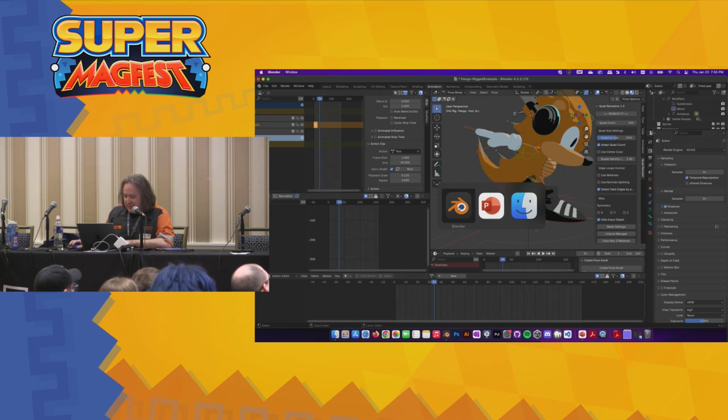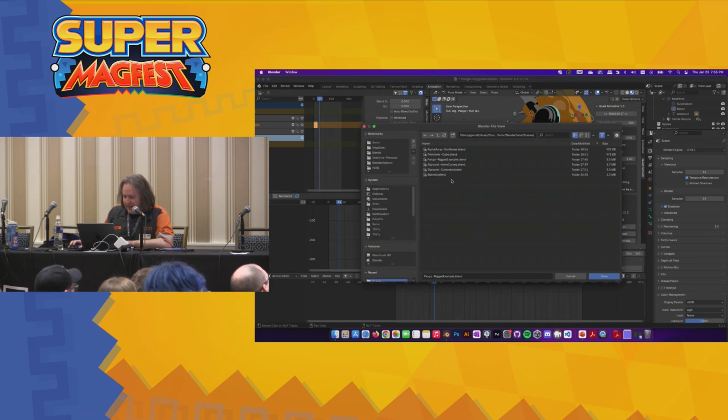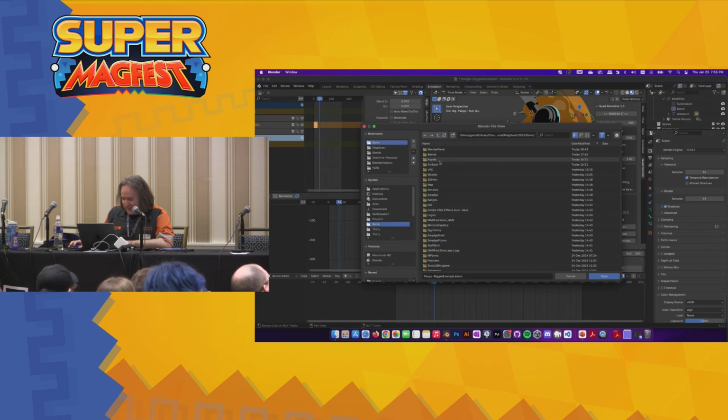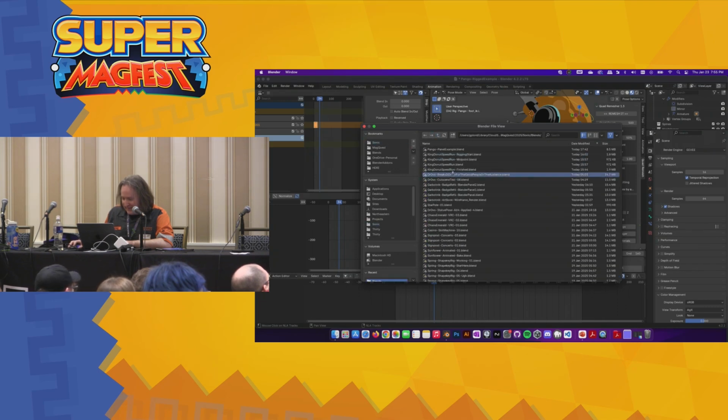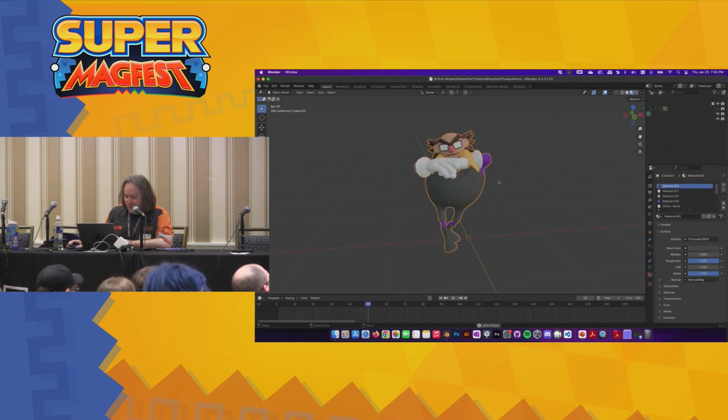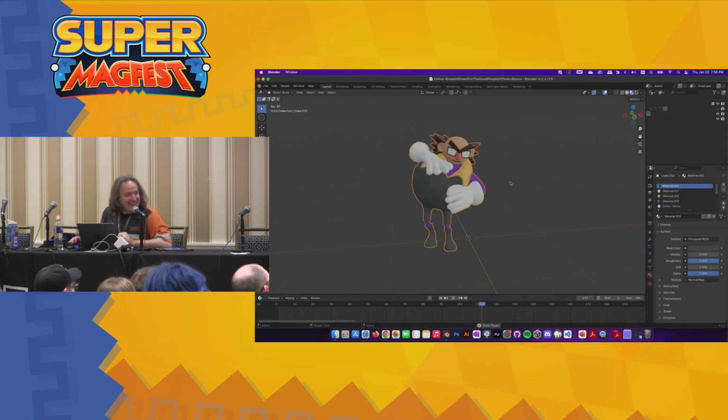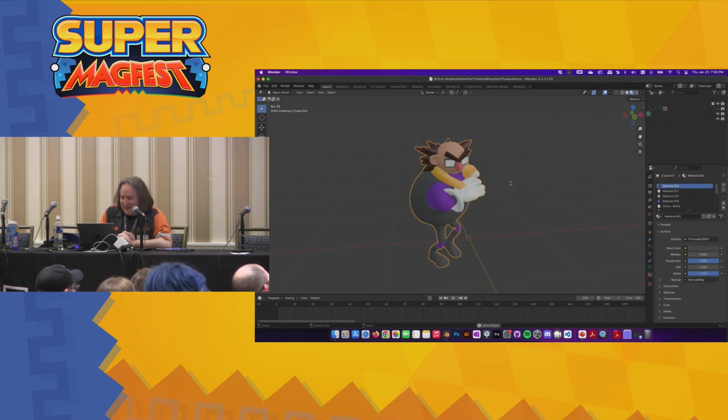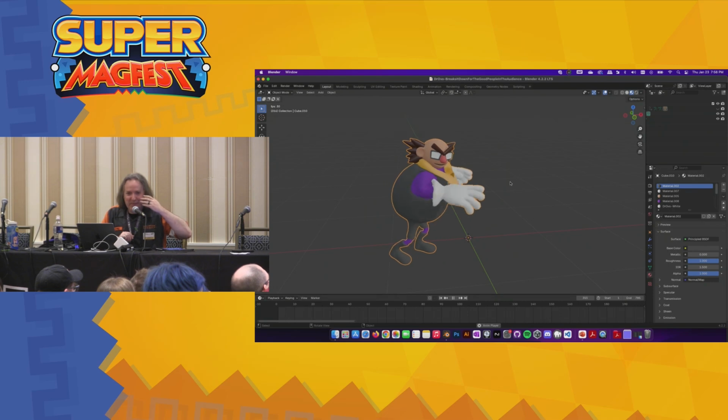Last thing I was going to show, just as a silly example, who's a way better animator than me, is motion capture. You can certainly use Blender to import any motion capture of your choice and have Dr. Garbotnik here breaking it down for the good people.